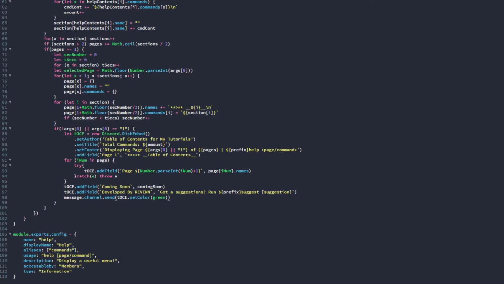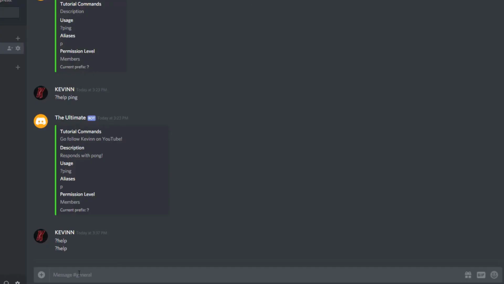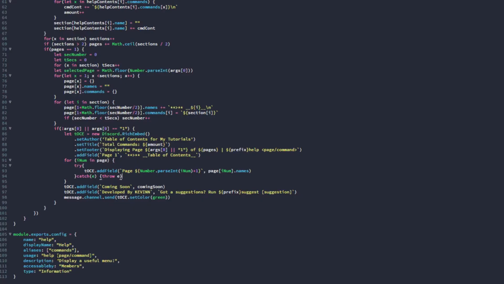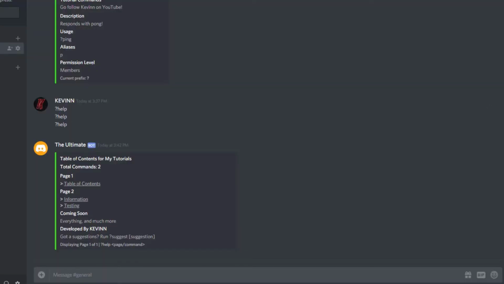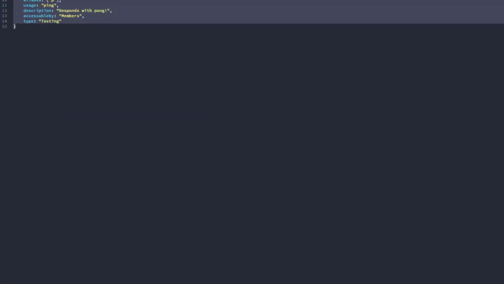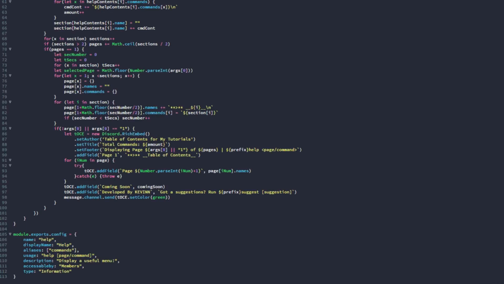There's an error. Okay, you cannot. I messed up right here. There should be brackets around this, I think. Yep, there we go. As you guys can see, it automatically generated that table of contents for us. I did not put any of that in there. That automatically generated from information and testing. As you can see, this is information, ping is testing. Pretty cool, right? Now, once we're done with that, we can go ahead and start working on the actual pages